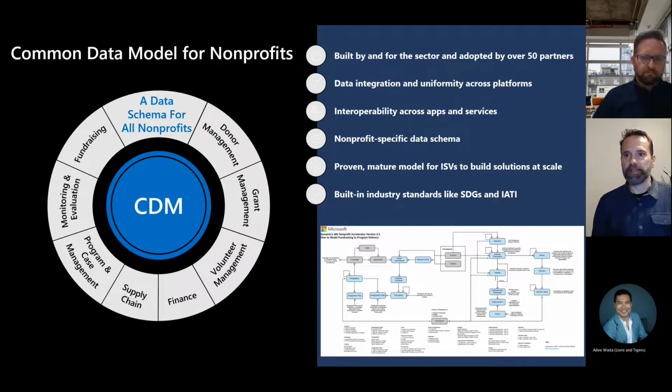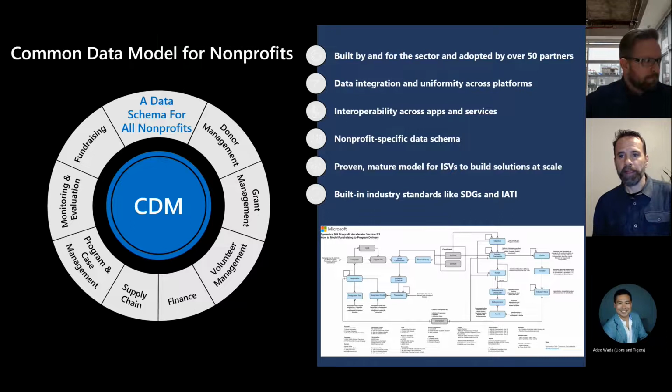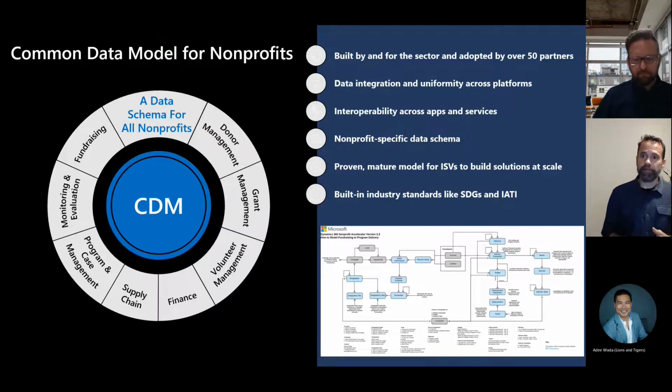And today it represents a platform agnostic set of entities, attributes, and relationships that describe many of the most common core scenarios for the nonprofit sector. It's a repeatable set of best practices represented in a data schema, and it's at the center of everything we do for the sector and with the sector. So it makes it easier for our partners to innovate and to share data, and it's built specifically with and for the nonprofit sector as a standard structure, as a common language for representing data entities that encourages interoperability across